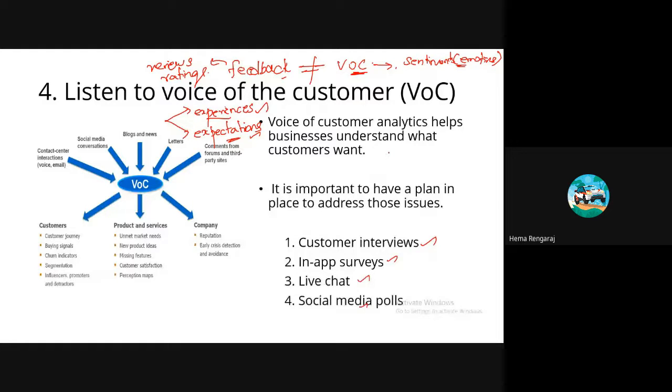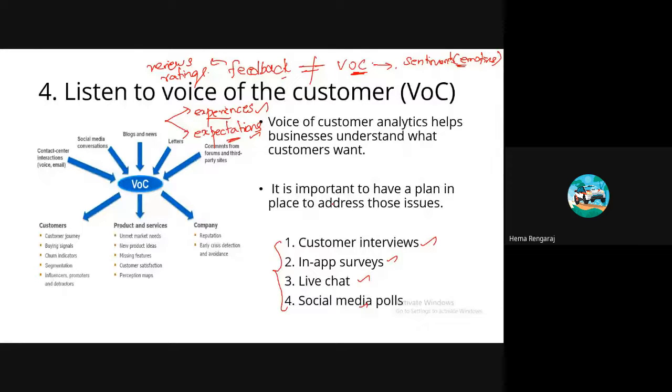That is the real thing we need to increase the productivity of the business. That's the thing we want, right? So we can listen to the voice of the customers from all these sources. What I am saying is, in these ways we can get the actual opinion of your product. These are the real-time applications where sentimental analysis plays a major role.